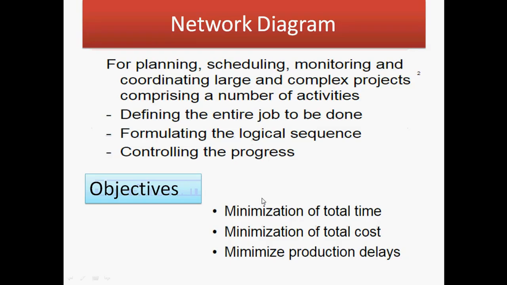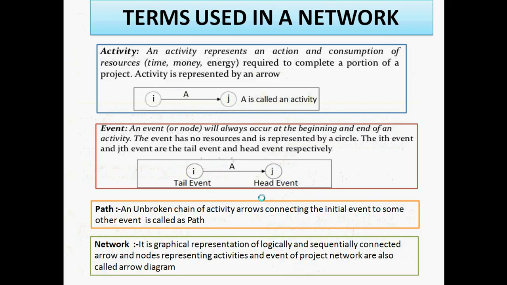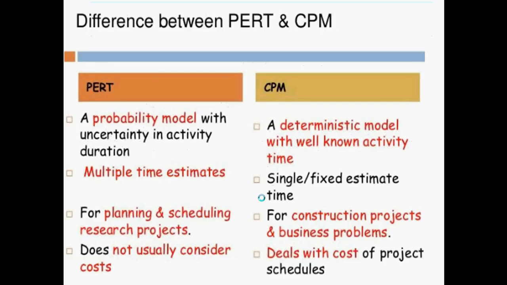In this content we have already discussed network analysis, CPM and PERT. In this session we discussed all these things. Is it clear? Probable, yes, the question is about probable. What is probable? Probable means it is uncertain. Whether this project will happen or not, that kind of doubt is in your mind. That's why the probability is there.